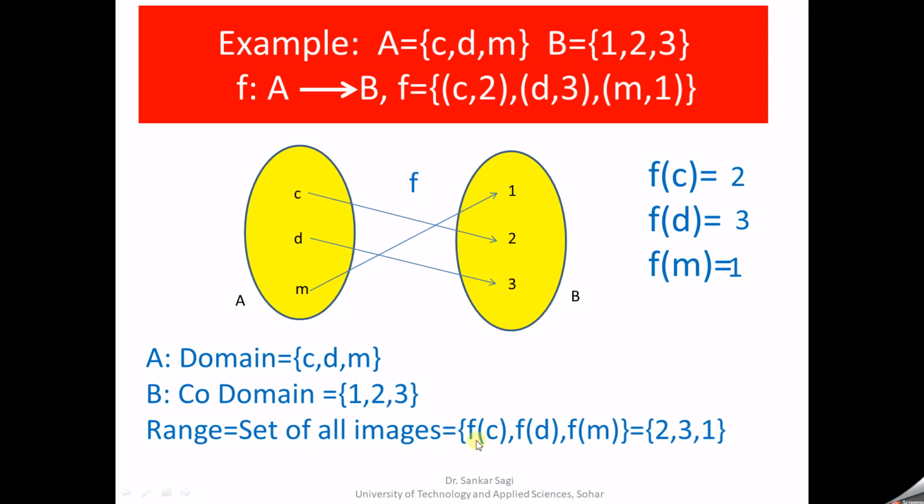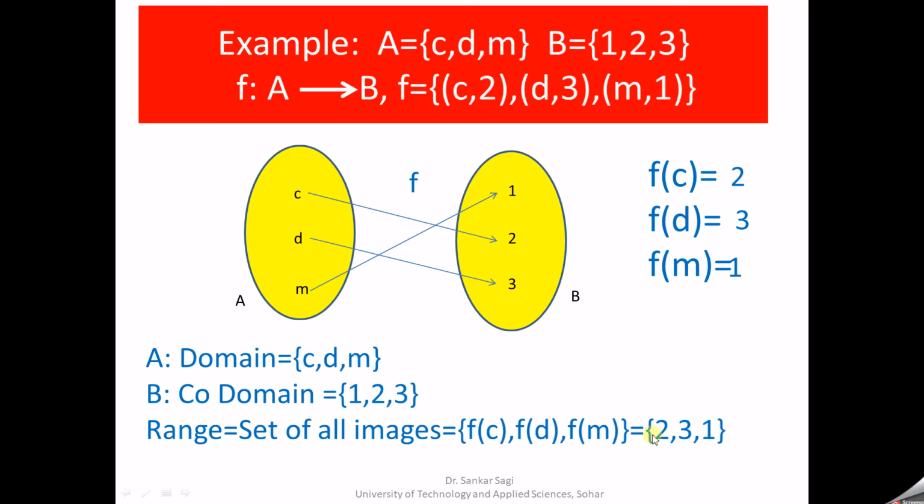So if we write all the images, f of C is 2, f of D is 3, f of M is 1. Therefore the set of all images is the range. Here we are getting the images as 2, 3, 1, and therefore in this example the codomain and the range